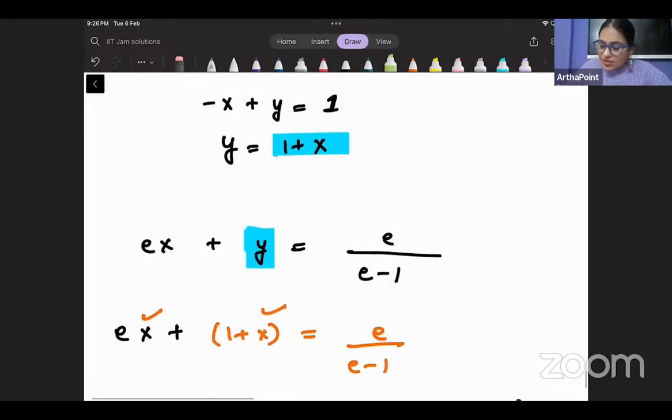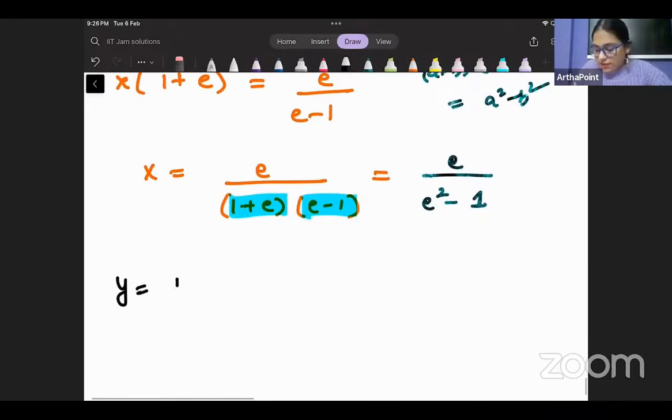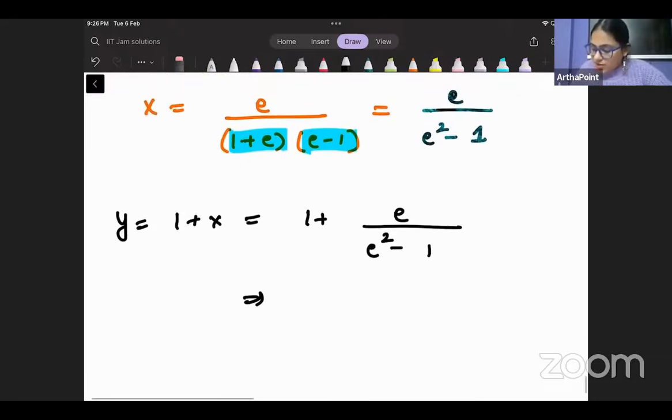अच्छा, what was y बच्चे? y क्या निकाला था हमने? y was 1 plus x. ठीक है जी, just plug that. So y will be 1 plus x. So 1 plus e upon e square minus 1. So I will get e square minus 1 plus